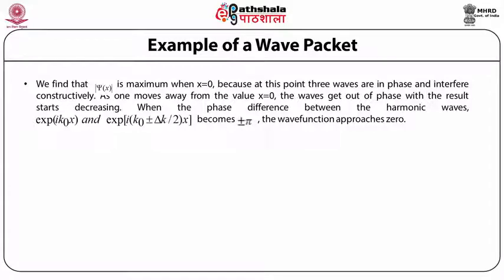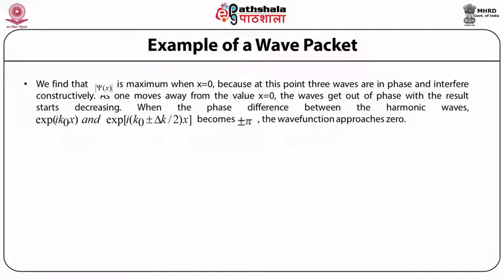The reason for this is that at x equal to 0, all the three waves are in phase and interfere constructively. However, as one moves away from x equal to 0, the three waves are no longer in phase and the phase difference increases, with the result that the amplitude of the wave function of the wave packet, that is,